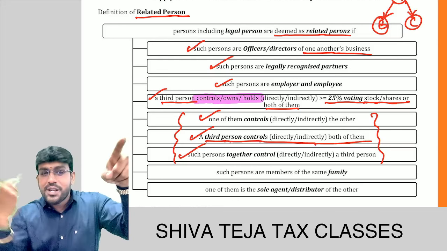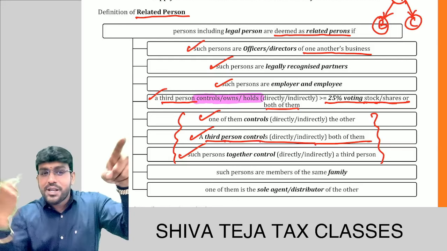Only if they are dependent, wholly or mainly. In law, they never used the word partly. If you say partly, then even 1% is partly. The word is wholly or mainly. Understood? Repeat again. Family means two situations. Number one, spouse and children, that is clearly covered. Second, parents, grandparents, brothers and sisters, only if they are